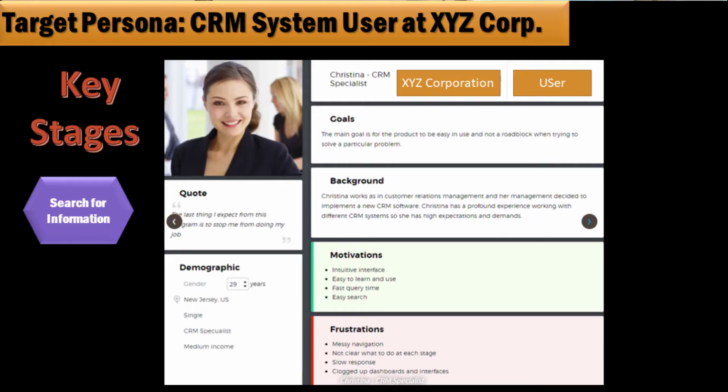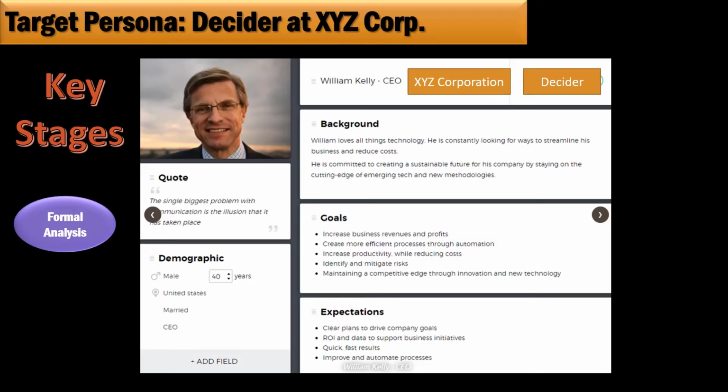She's a CRM specialist. You can kind of see what her background is, and we know some different information about Christina. Again, in this sense, this could be a persona, or it could be a real person. When we're thinking about the process, these are usually hypotheticals and hypothetical players in organizations that might be buying these. Okay, so here's our CEO. Our CEO is a decider, not surprisingly.